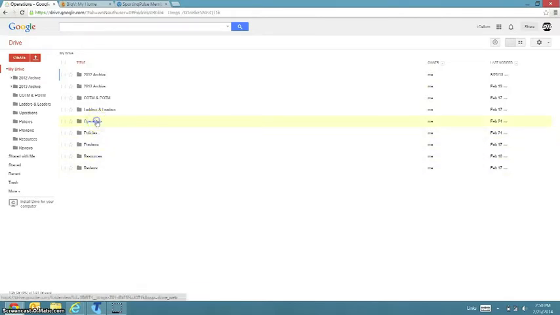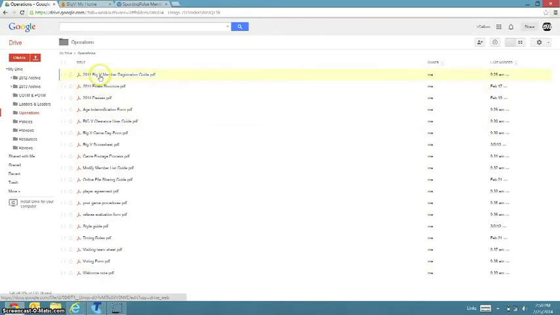Click on the Operations folder, and from here at the top of the Operations folder is the previously distributed 2014 Big V Member Registration Guide. This guide is a step-by-step instruction manual on how to register players through the Sporting Pulse online registration link. We have a hint though to make it easier for your clubs,